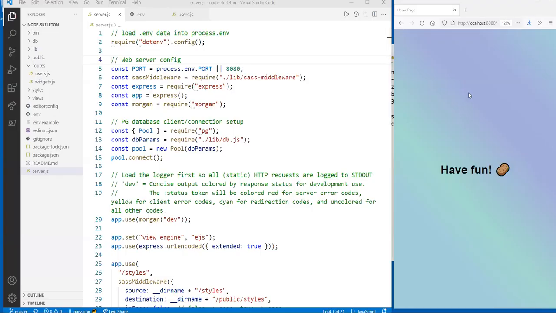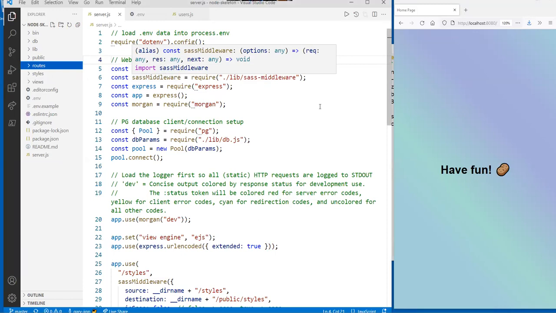Okay, I'll share my screen and we'll look at this app that we have here. All right, so this is our node skeleton. I'm sure we've all seen this before, right? We love this thing. It has a bunch of files, and we start it up and we get this "have fun with"